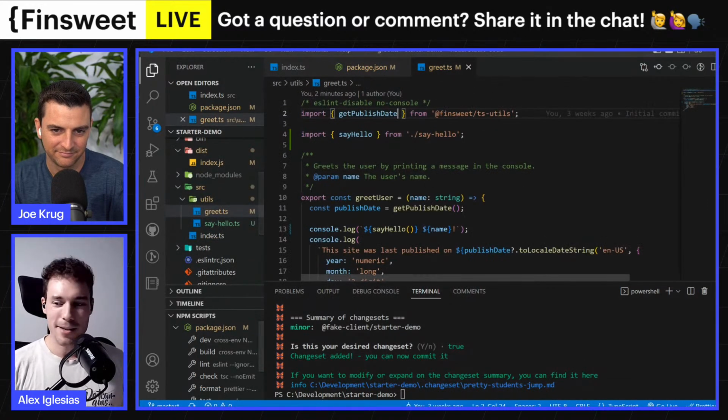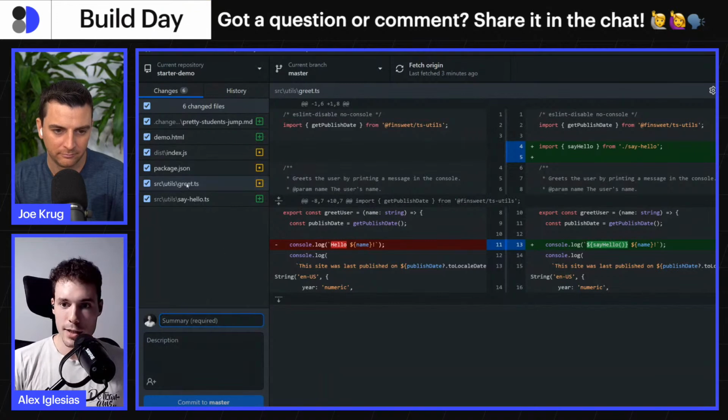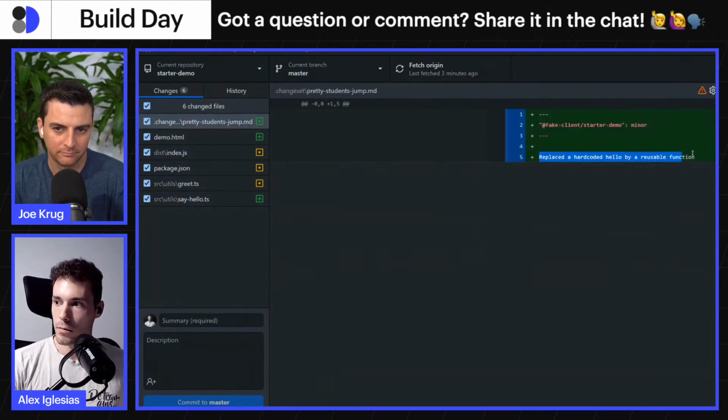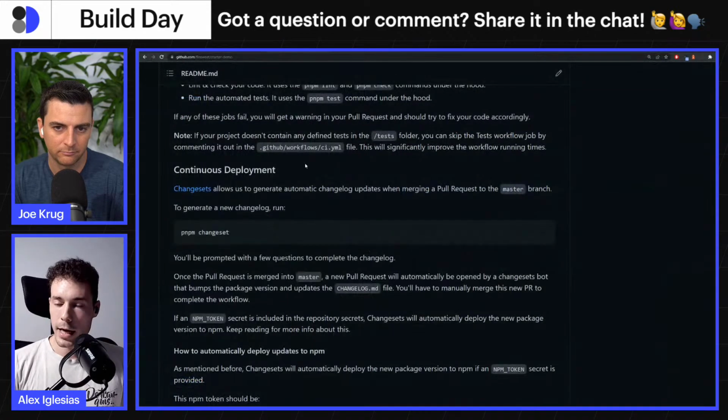You'll see why in a second, because the next step is just to commit this. We have these code updates, we want to commit. So we can just say the same thing. I'll just say, replace the hardcoded hello by a reusable function. This is my commit. Let's just commit this. And now